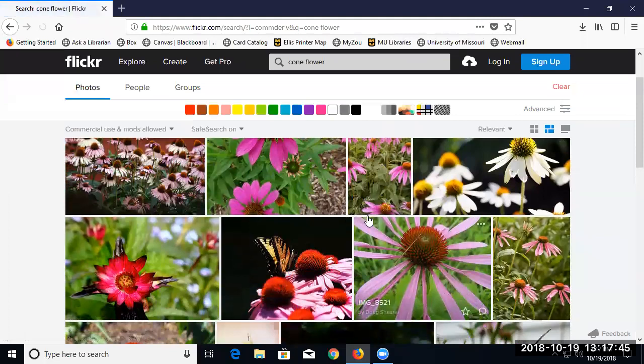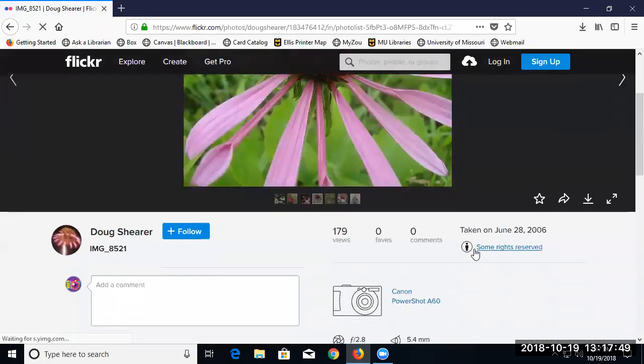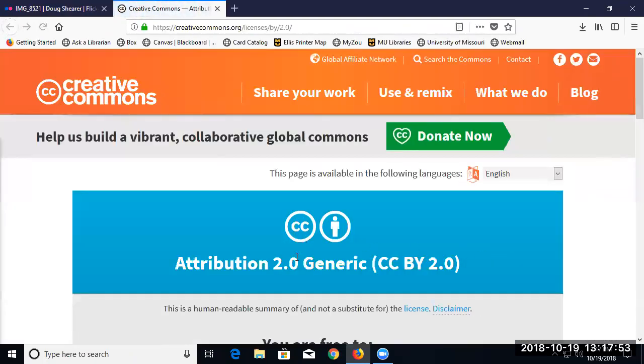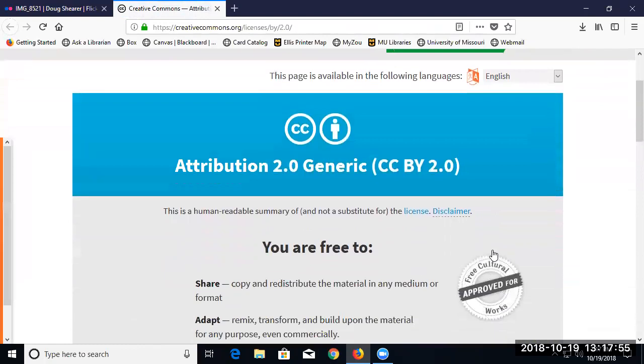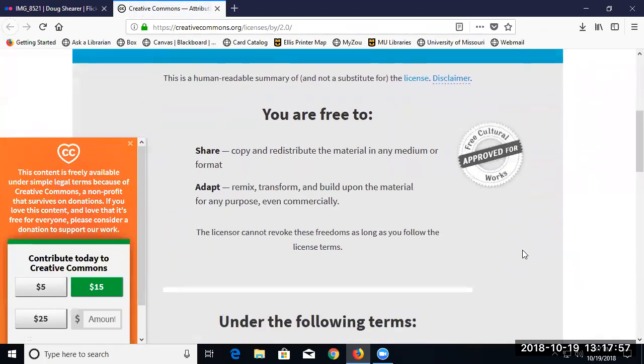So I get some images of coneflowers. If I look at one of these, I'll see some rights are reserved, and I can click on that and see what kind of license it has and what I'm free to do with it. That's a really handy way if you want to find things that are free to use.